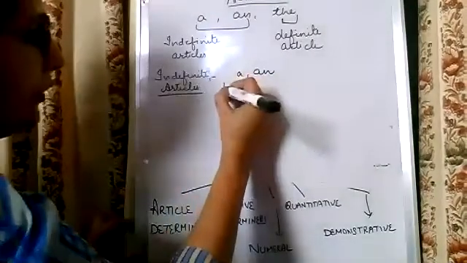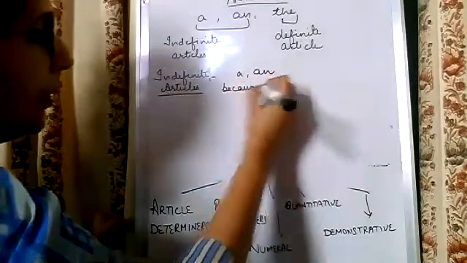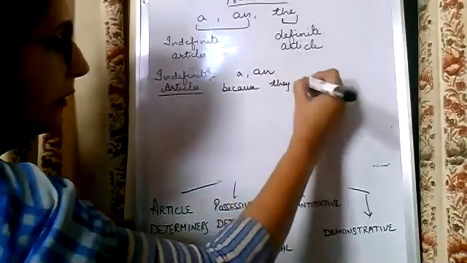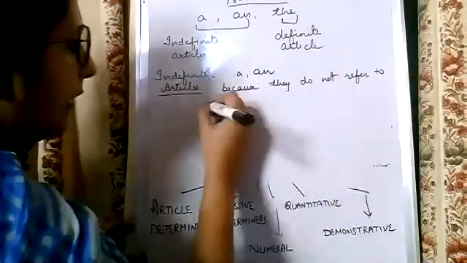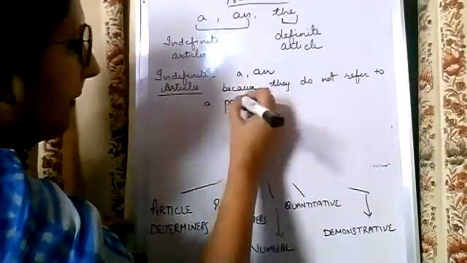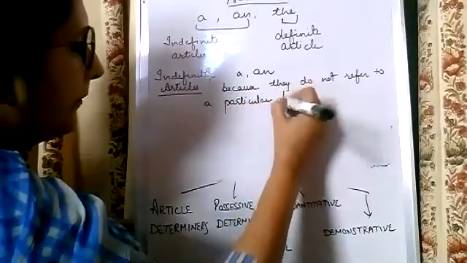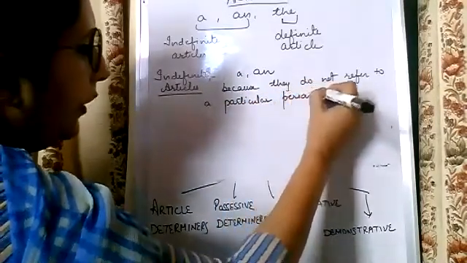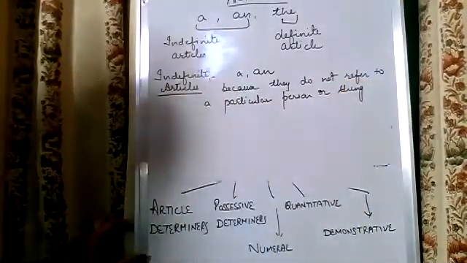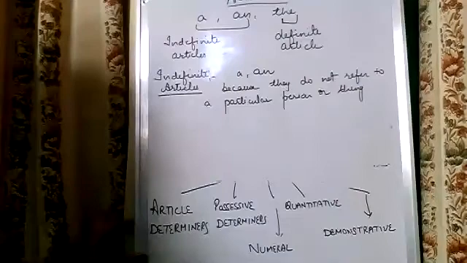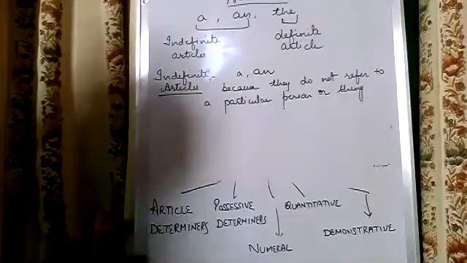Why are they called so? Because they do not refer to a particular person or thing. Because if I say I have a pen, or I have an umbrella,